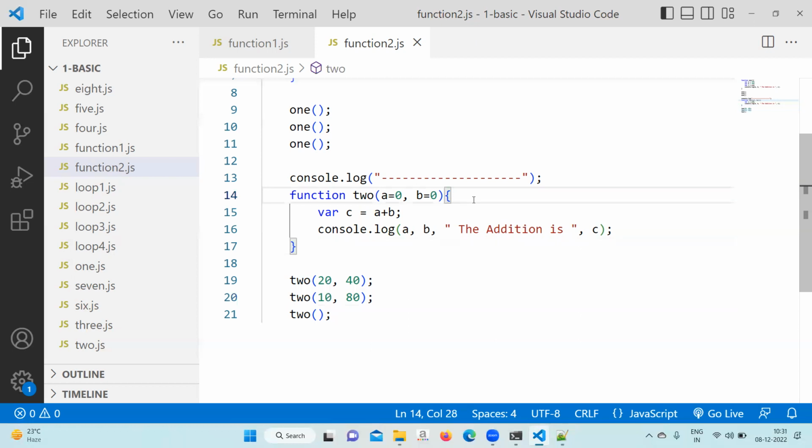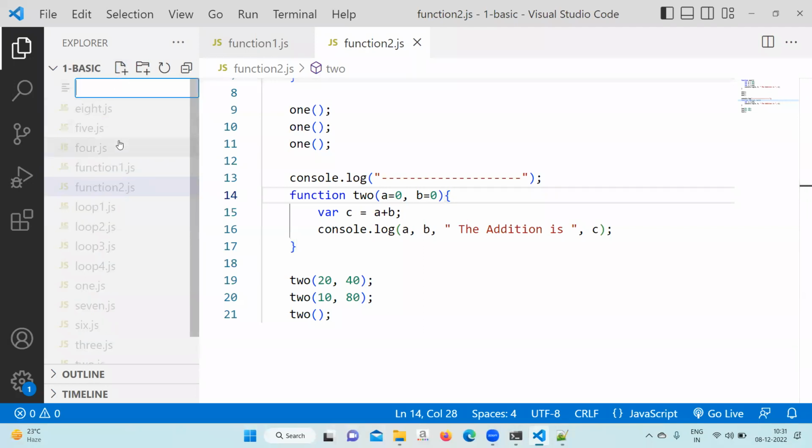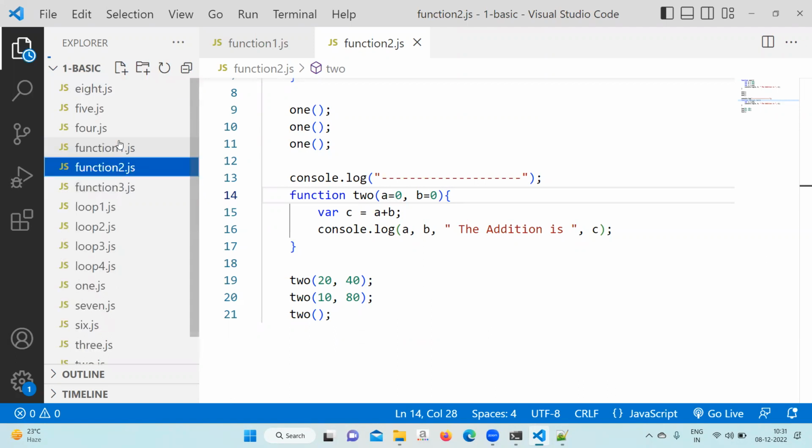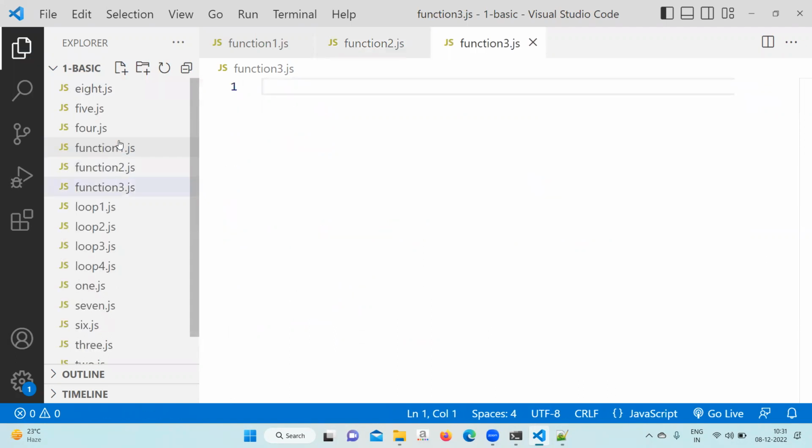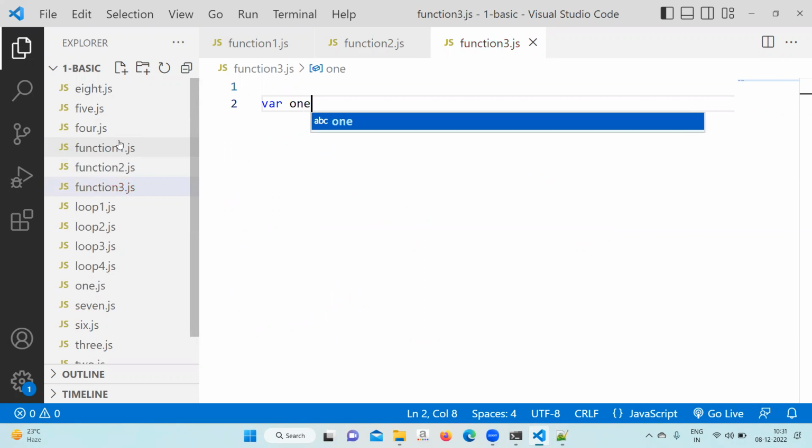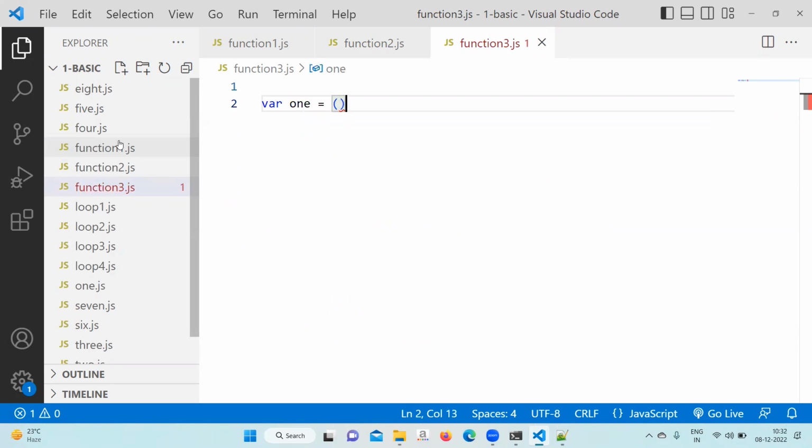Okay, let's go next. Function 3.js file we created. In function 3.js file, you are going to combine function as well as loop. So let's go here, write now the third method. Which one? Fat arrow. Yeah. Write function 1 equal to